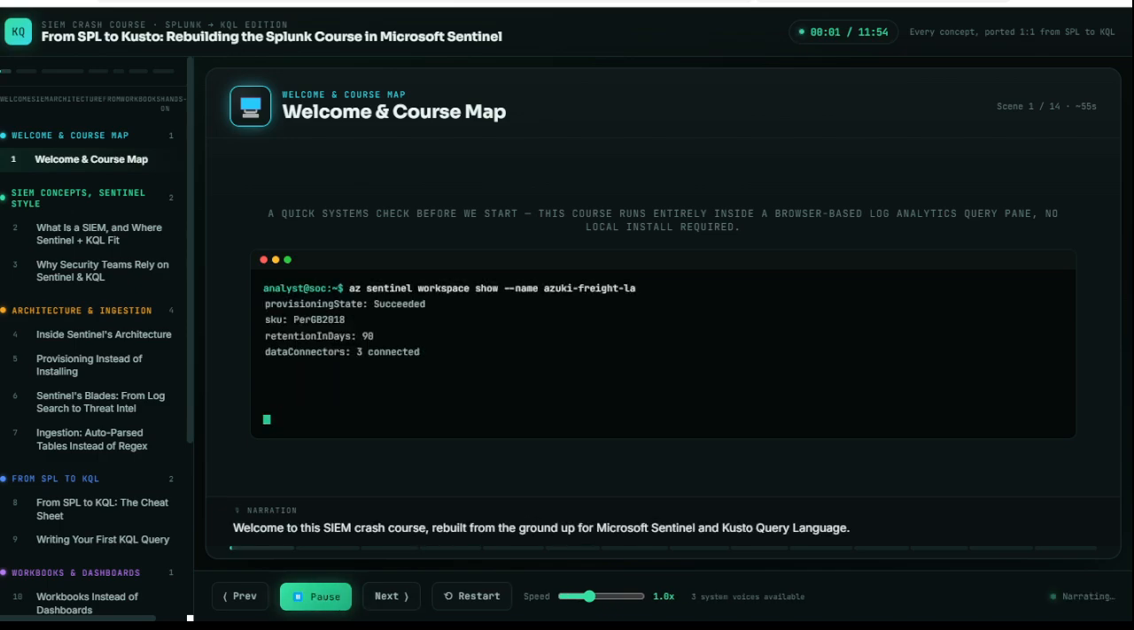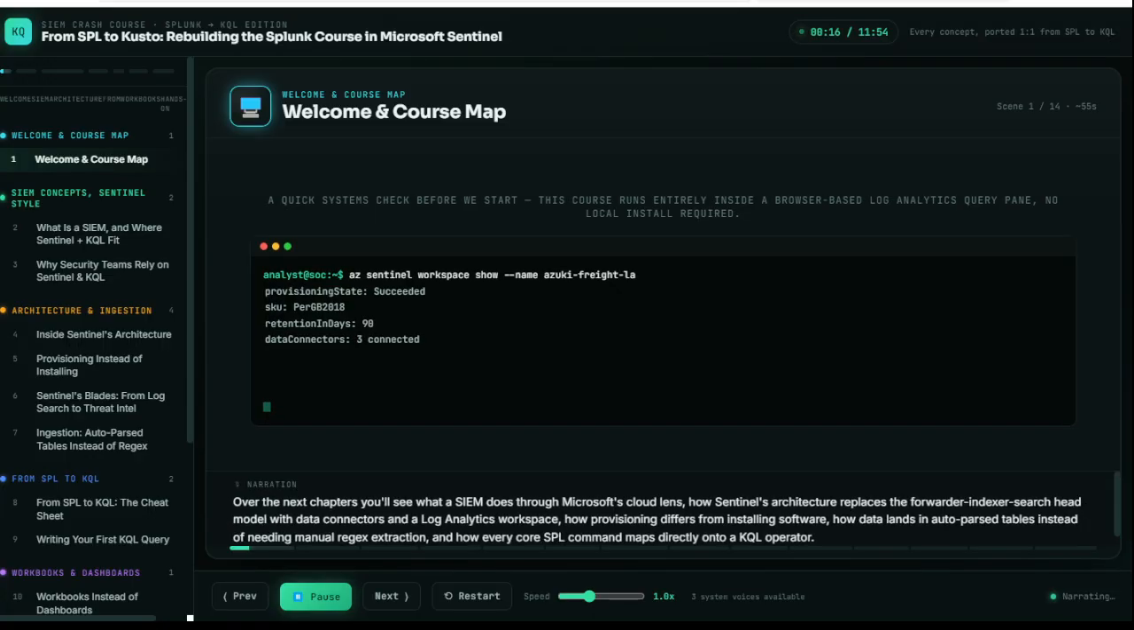Welcome to the SIEM crash course, rebuilt from the ground up for Microsoft Sentinel and Kusto Query Language. If you've worked through the Splunk version of this course, every stop on the map will feel familiar, only now it's spoken in KQL instead of SPL. Over the next chapters you'll see what a SIEM does through Microsoft's cloud lens,